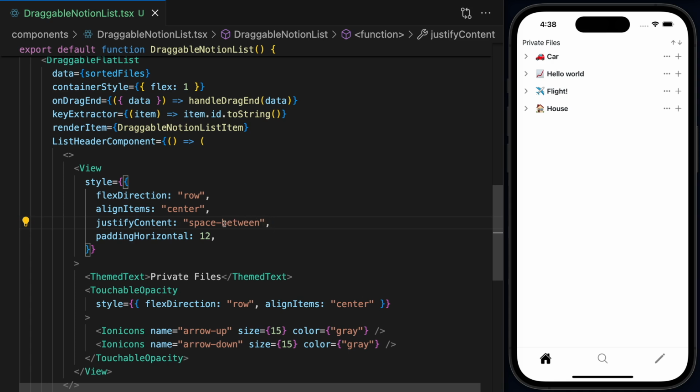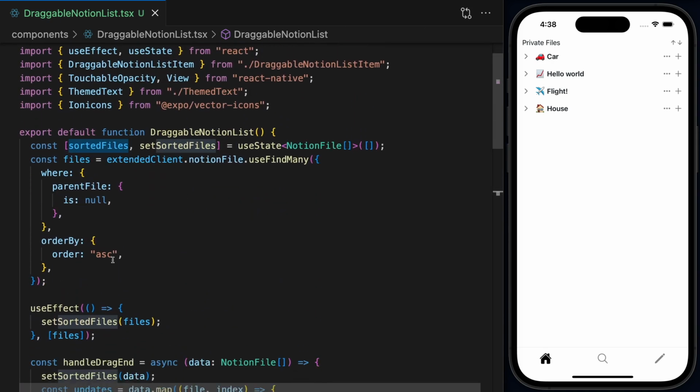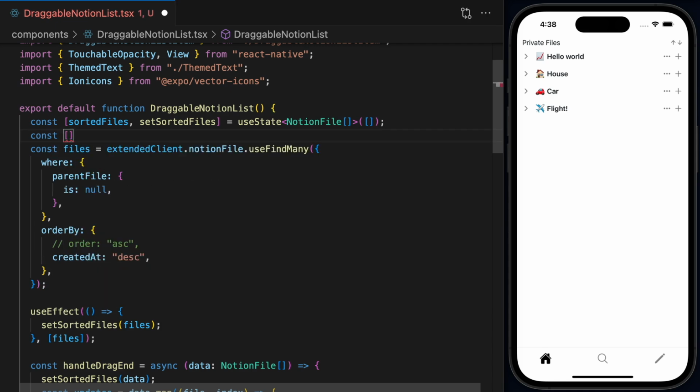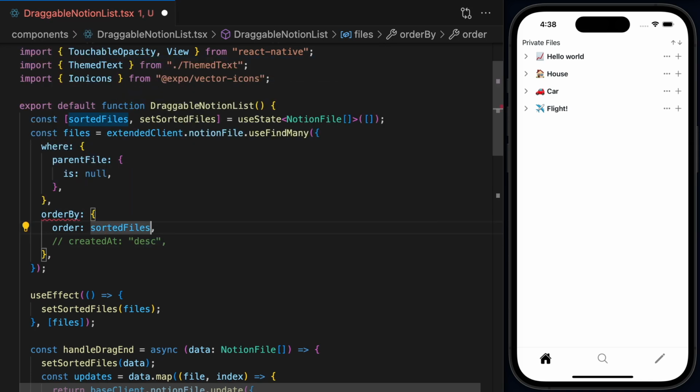So basically what I was saying, guys, is that I would like to be able to sort these files, which means changing, instead of ordering these by order ascending, we could say something like created at descending, right? This is an option that we can give to the user. And we can change this, of course, using just a simple useState, right? Like storing the query in here and then changing it based on the select of the user. But what I was saying is that if we bind these to a variable, let's say sorted files in this case, and if we update this variable using useState, Prisma client won't detect this and won't refetch. That's why I won't be doing this right now, but maybe they will fix this in the future so that we can come here and change the logic. But as of now, I'll just leave it